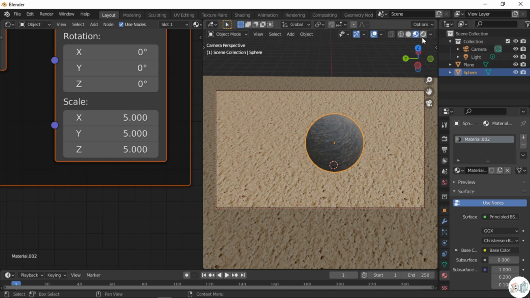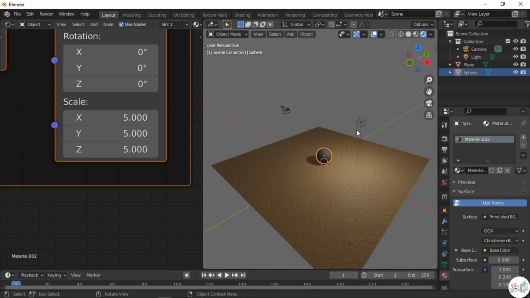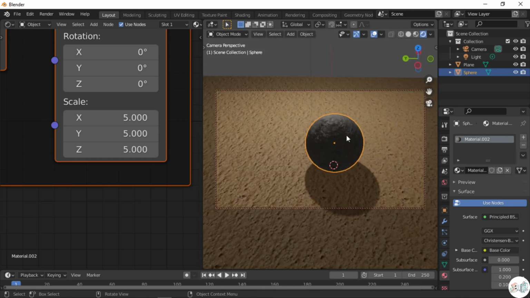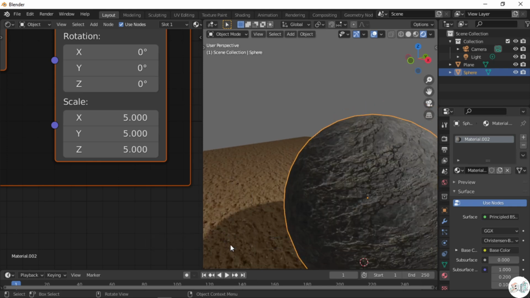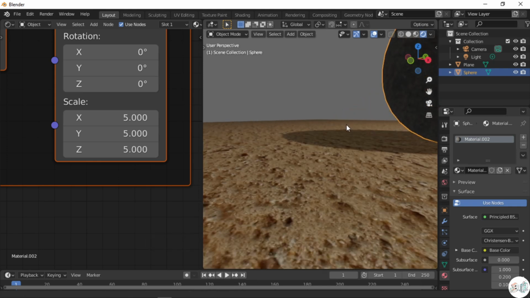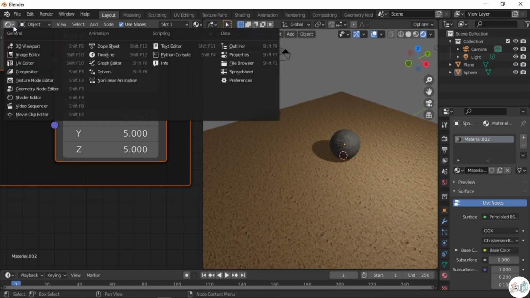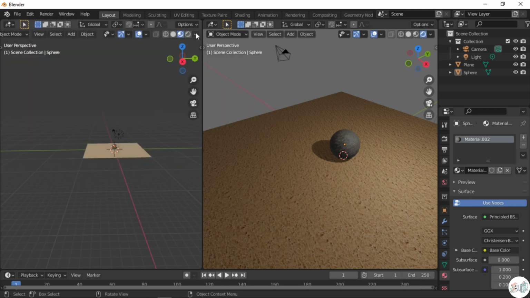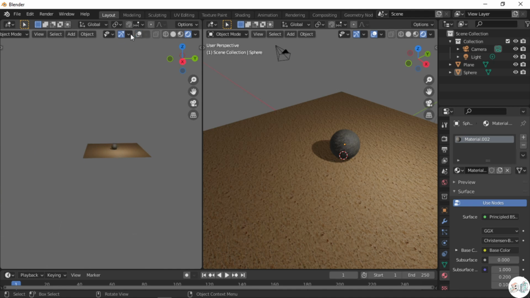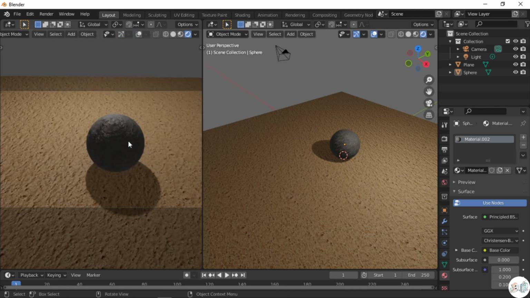Now I'm going to change it to the rendered view. As you can pretty much see here, our scene has completely changed. Now you can see that there are bumps on the stone and there are bumps even on the sand, which is added by adding this shader. And I'm going to go to the viewport, change it to the render view, and remove the gizmo and the preset. I'm going to the camera view.